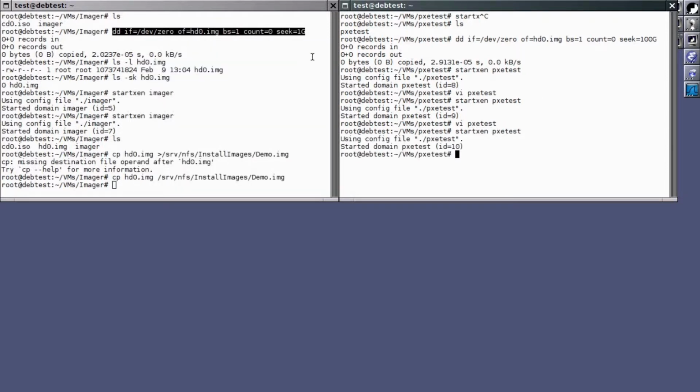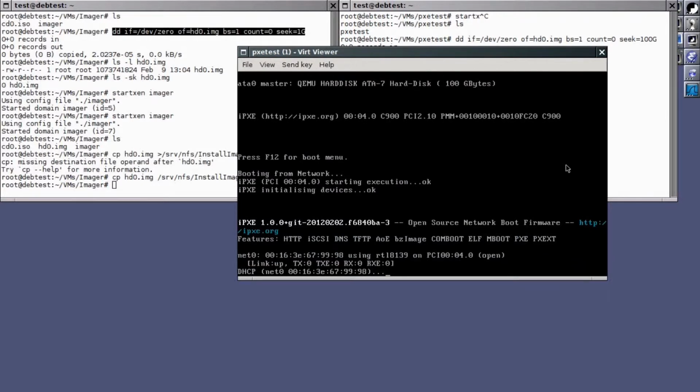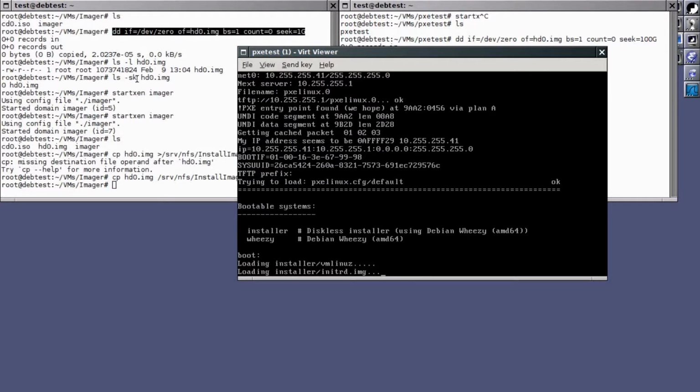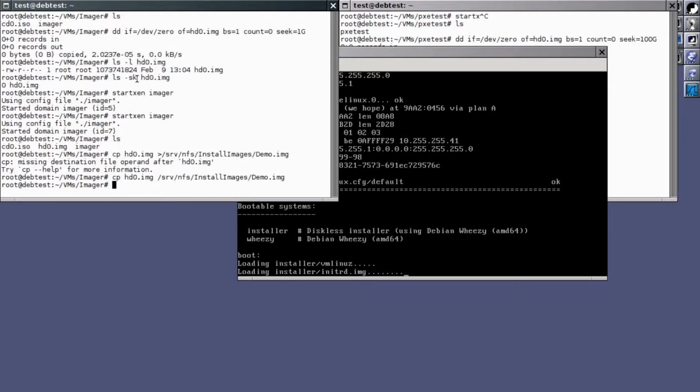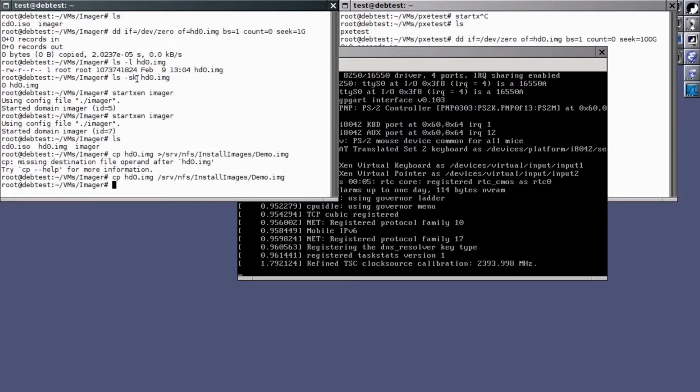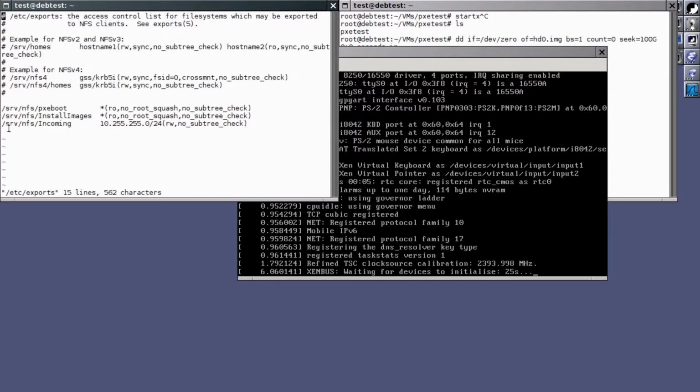We boot into our rescue system again, and for this to work we need some place where we can write the disk image to. And what I've done here is I've created another NFS share, which I called service NFS incoming, on the install server, which is read-write exported,